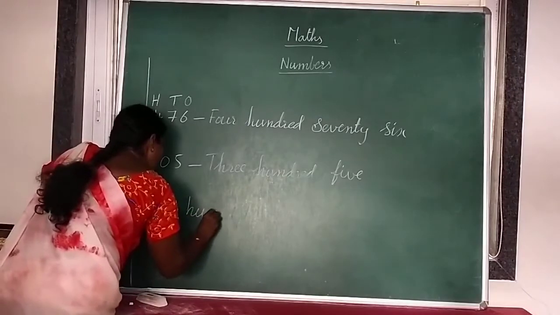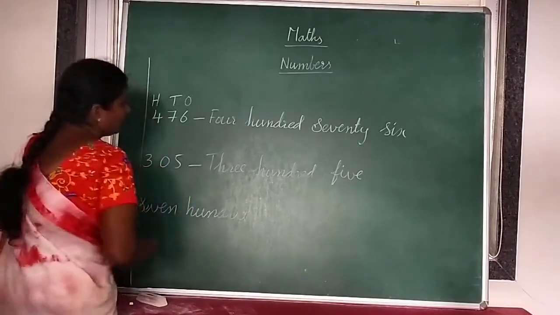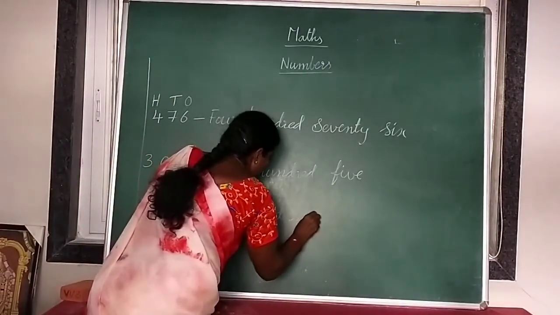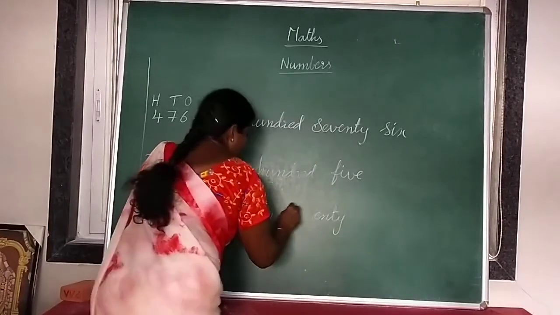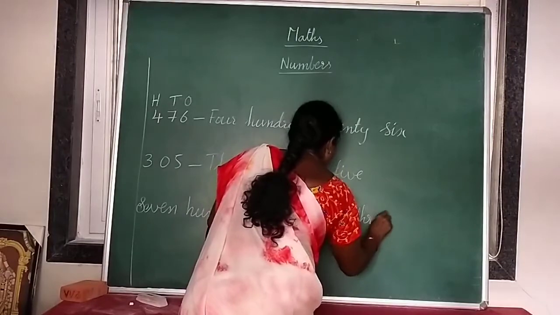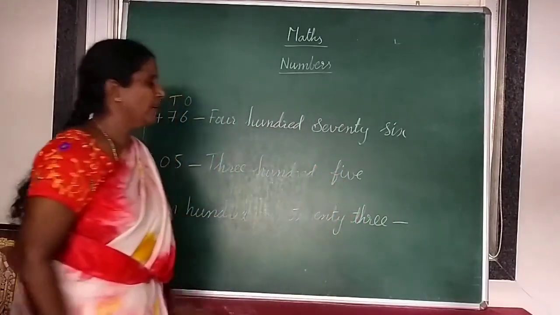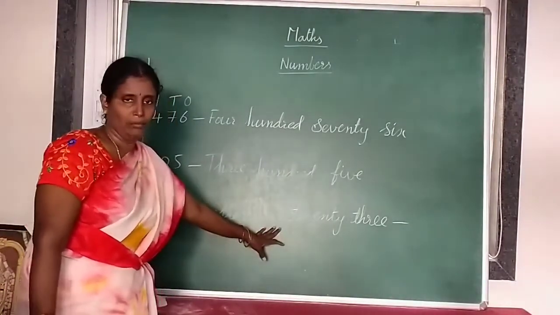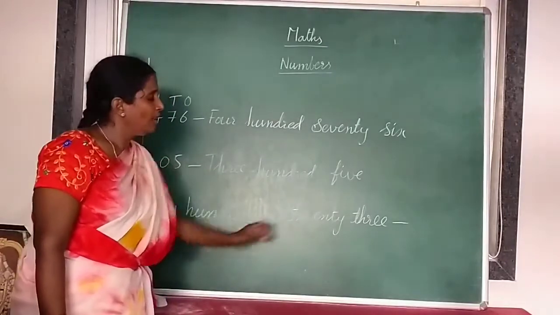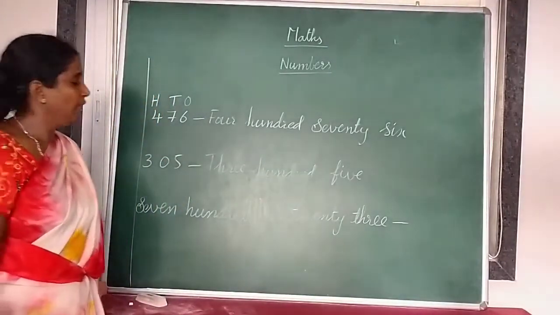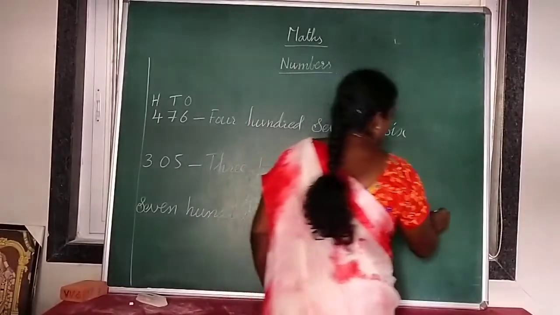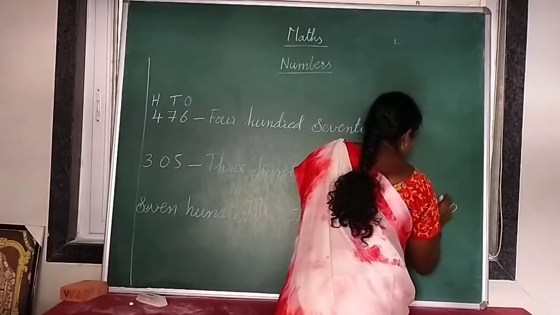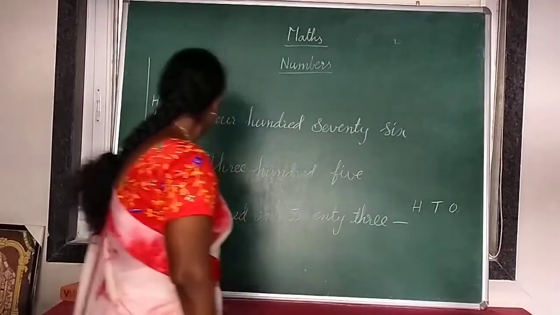700. 723. You have to convert this 723 into numeral. 723 is number name. You should convert into numeral. What are the digits in that numeral? So when we are converting into numerals, first we have to write the place values. Ones, tens, hundreds.